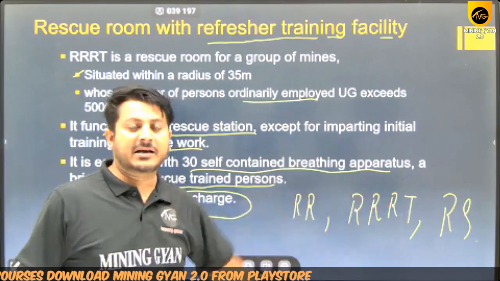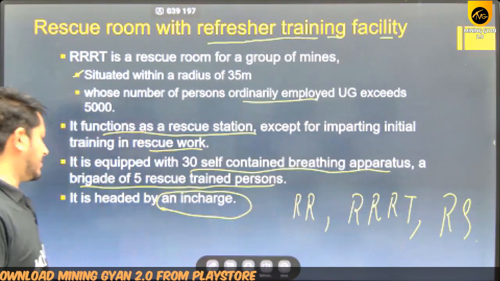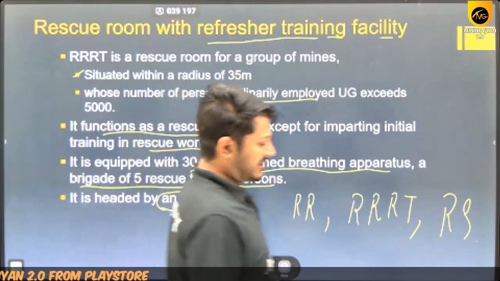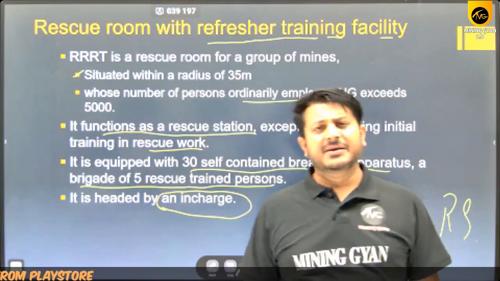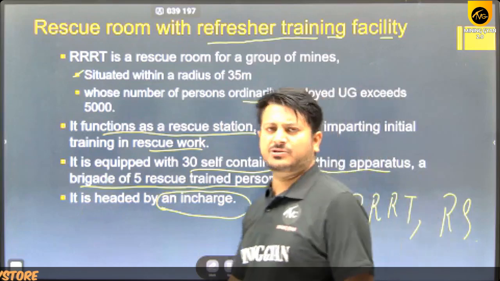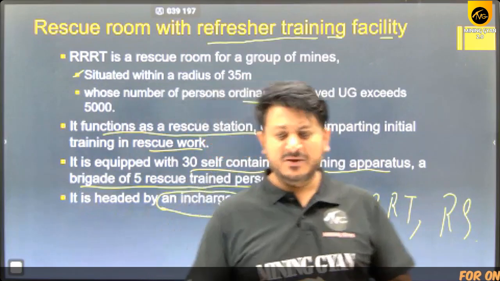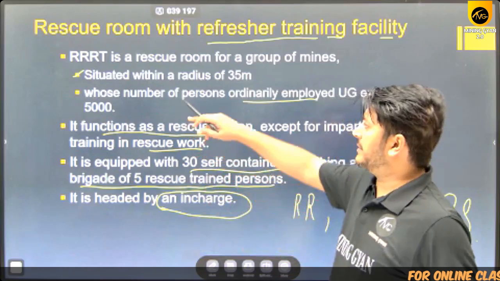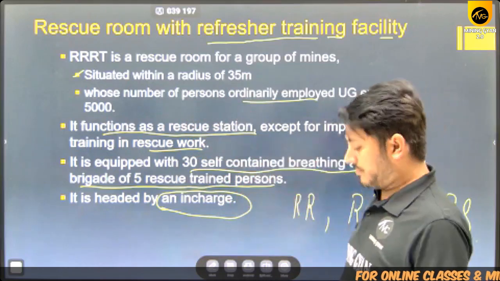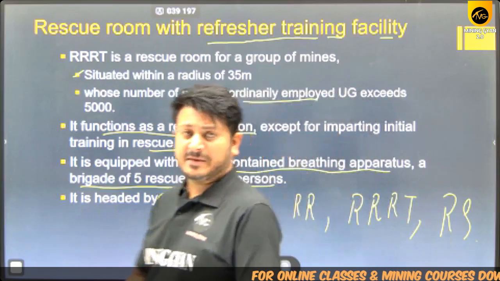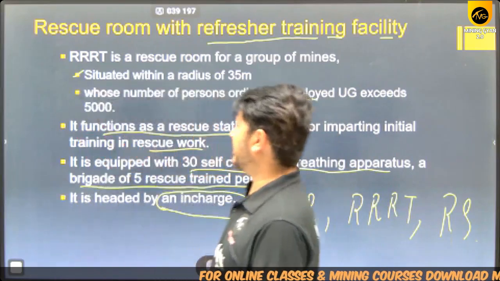फैसिलिटी, और आखिरी वाला है रेस्क्यू स्टेशन। ओके, तो यहाँ पर जो रेस्क्यू रूम रिफ्रेशर ट्रेनिंग फैसिलिटी खोली जा रही है, ये बेसिकली बहुत सारी माइंस के ओनर्स मिलके अपने लिए एक बना लेते हैं कि भाई रिफ्रेशर ट्रेनिंग हम इस प्रकार से यहाँ पर देंगे। अब इसके लिए जो रिफ्रेशर ट्रेनिंग दी जाती है, उसमें बोलता है कि आपकी सारी की सारी माइंस 35 किलोमीटर के रेडियस में होनी चाहिए, है ना।